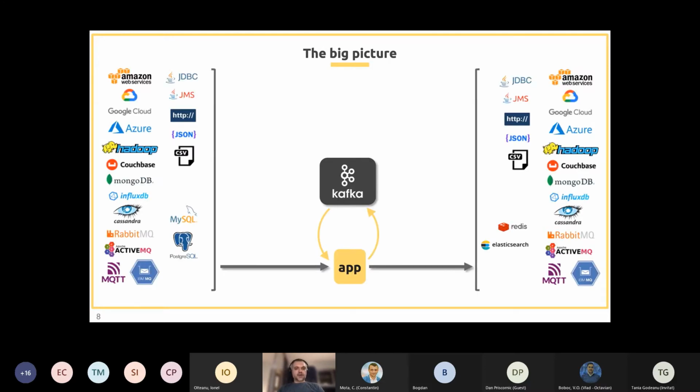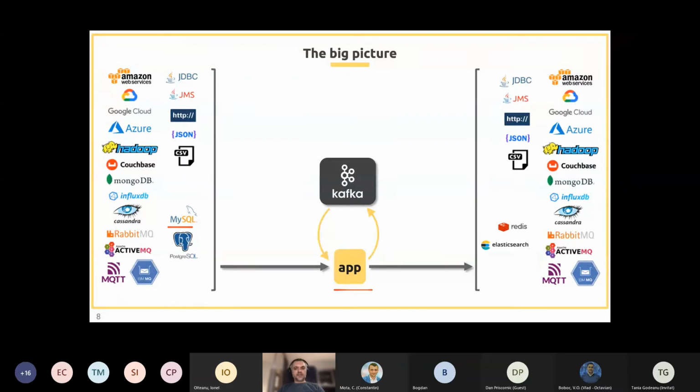So going back to our initial scenario, let's say we have our application here that pulls data from external systems, for example, multiple MySQL tables from a database.